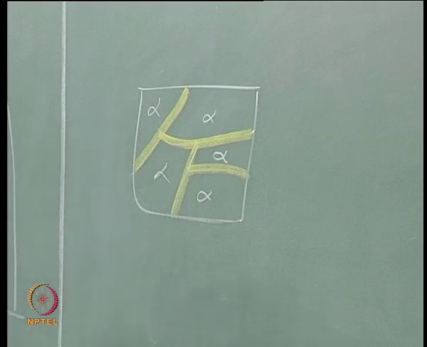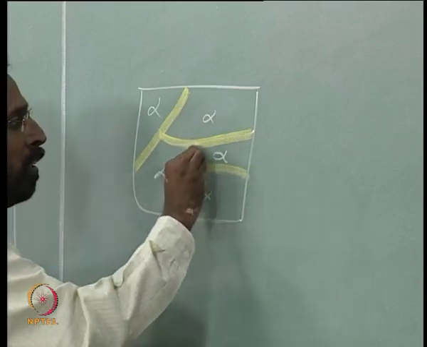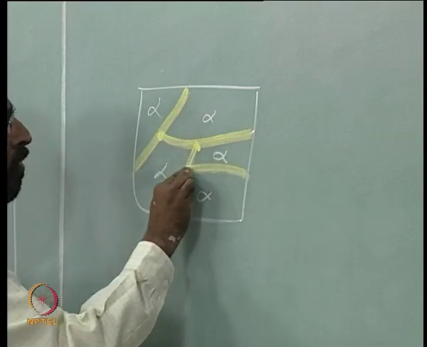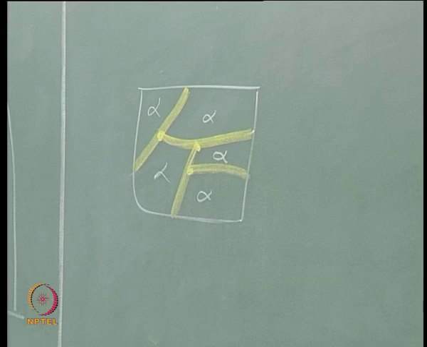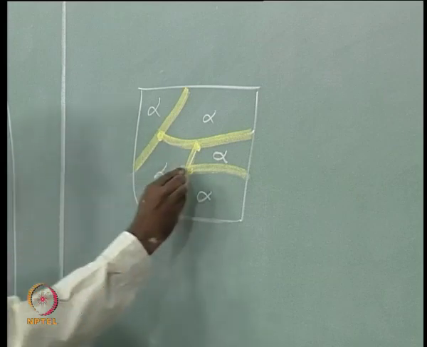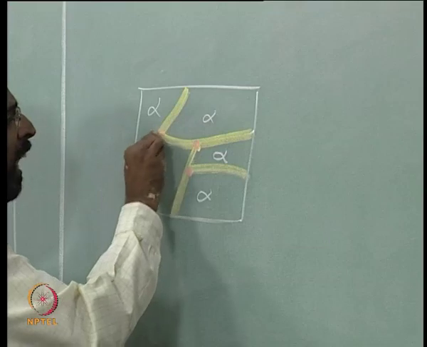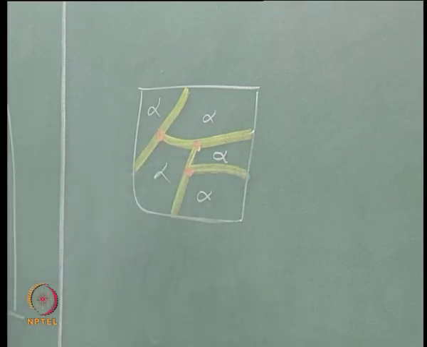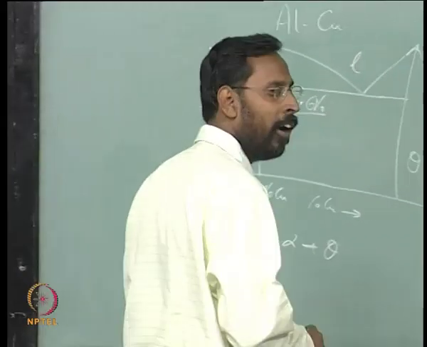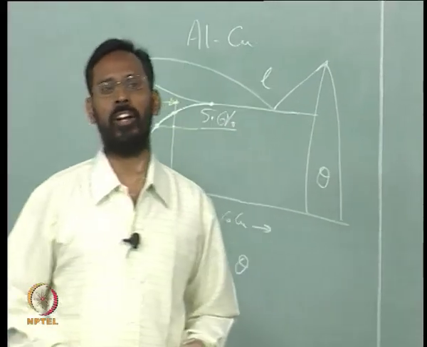It will nucleate basically at the triple junctions, at these points. These are the junctions where the nucleation starts. Again we will try to understand why the nucleation should start at these triple junctions. Whenever we are talking of a precipitation,